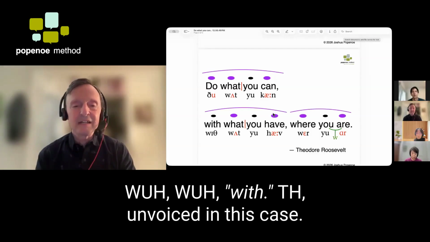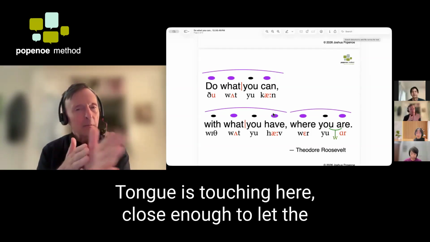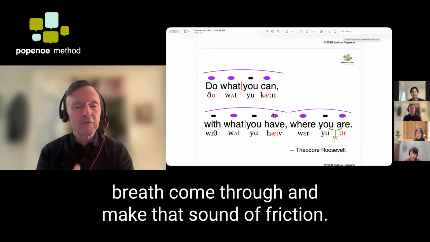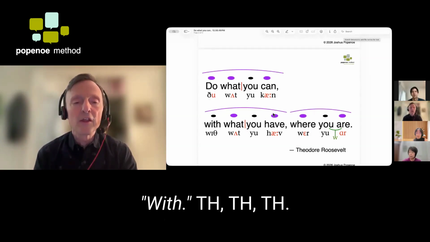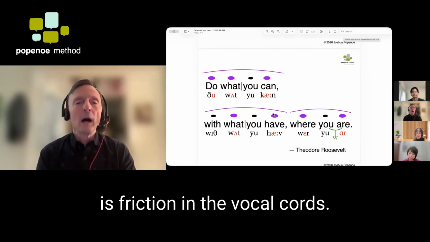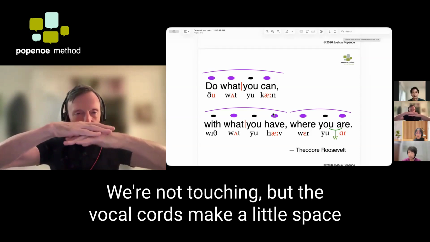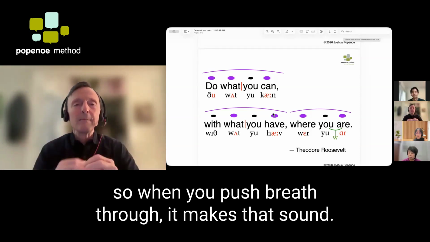With. TH. Unvoiced in this case. Tongue is touching here. Close enough to let the breath come through and make that sound of friction. With. Then W again. What? T. Then Y again. Yeah. U. Then H. H is friction in the vocal cords. We're not touching, but the vocal cords make a little space, so when you push breath through, it makes that